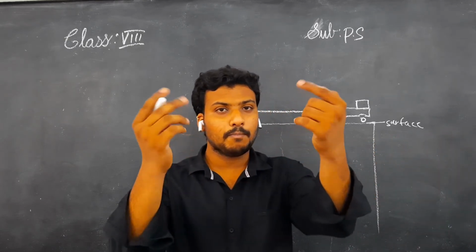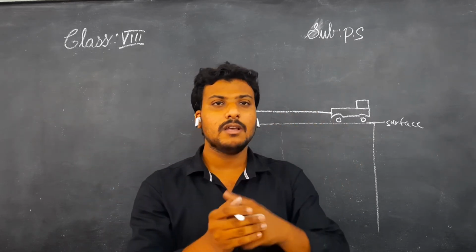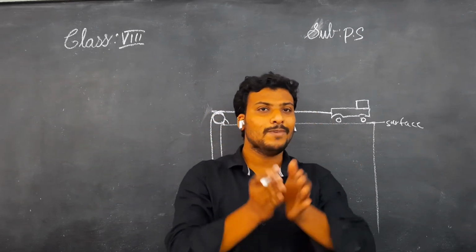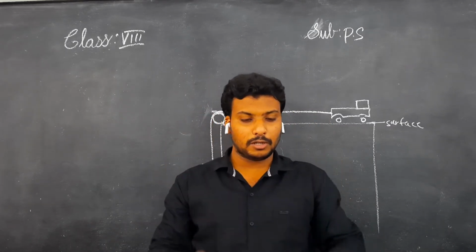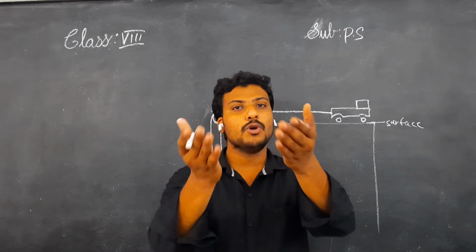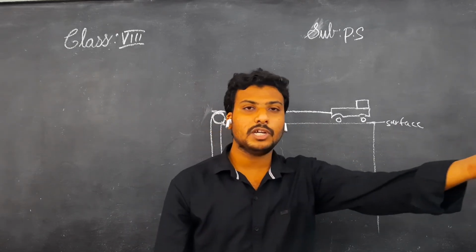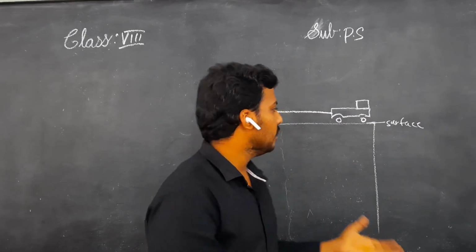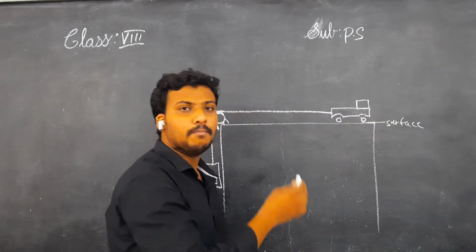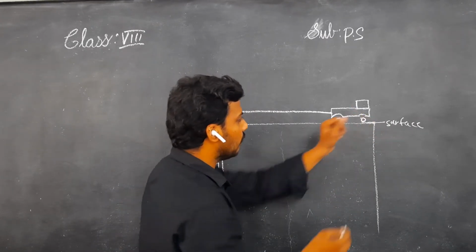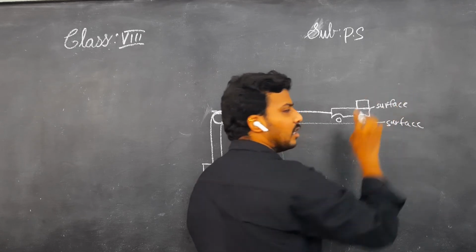But the persons sitting in the train, you are at a rest position. With respect to the train, you are in rest position. But with respect to the ground or with respect to me, you are in motion. Why? Because I am at rest, but you are in motion because you are moving that side. Here also, with respect to the table, the wooden block is in motion, but with respect to the surface of the toy trolley, the wooden block is at rest children.